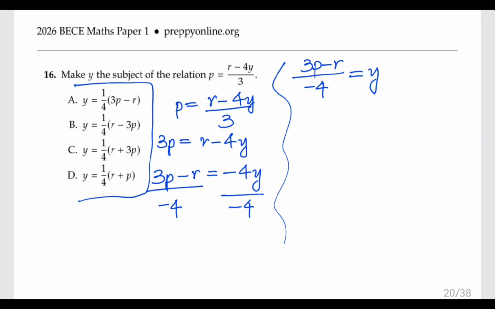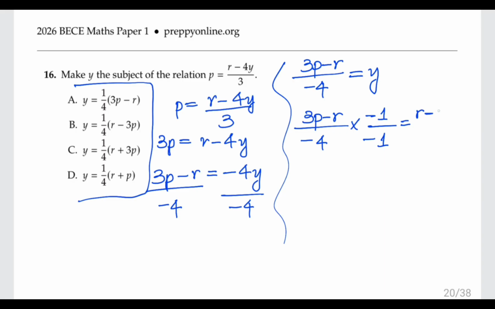And that will not change the fraction. In other words, 3p minus r over minus 4, if we multiply the numerator by negative 1 and the denominator by negative 1, we're going to get an expression. The top is going to become